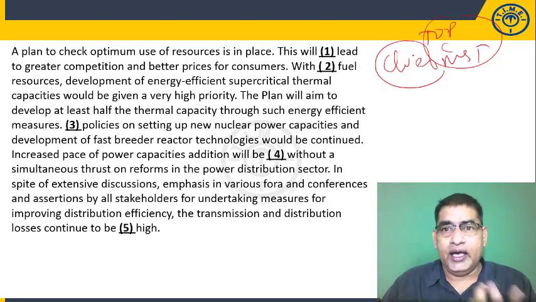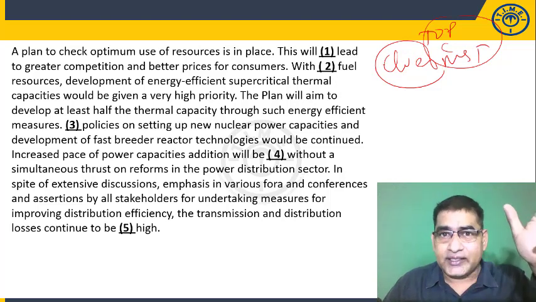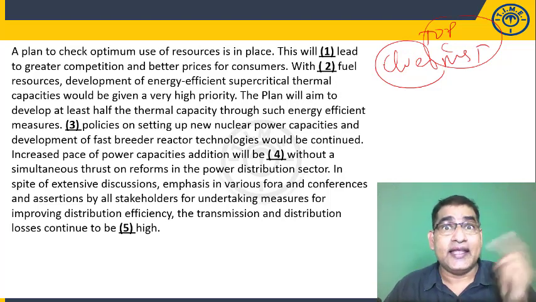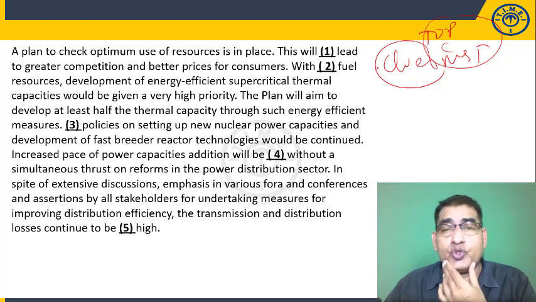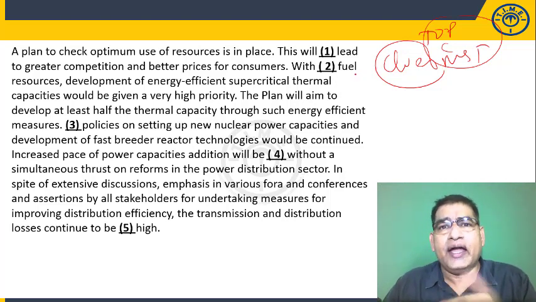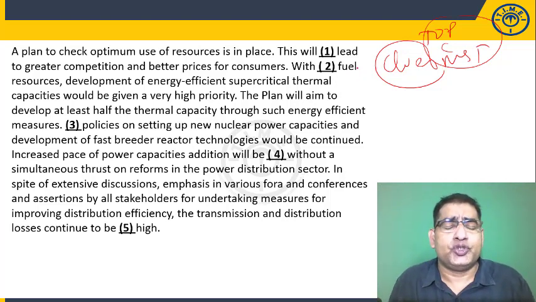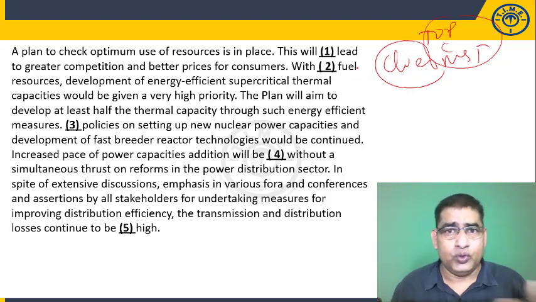Using that answer shadow, we go to the choices and select the one which is closest to our answer shadow, and use the process of substitution and elimination. You can do that, but only after reading the entire para, not after just reading the sentence in which the blank is. So let's do that.